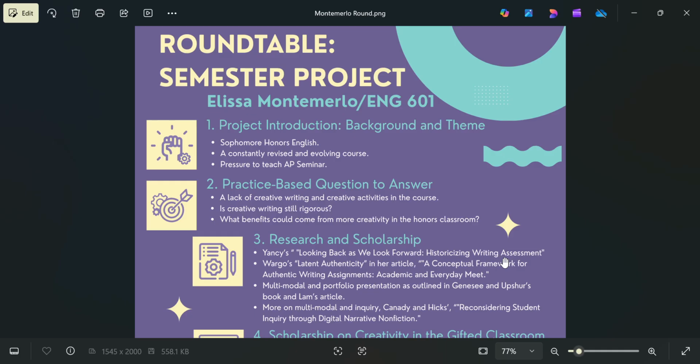When I think of the practice-based question I'd like to address for my final project in this course, I'd like to implement a writing activity, project, or assignment that asks my students to be more creative. I still want there to be sophomore honors level rigor, and I want to honor the core of the course, which is an in-depth study of literature. This is not to suggest that creative writing is not rigorous. I believe it very much is. In fact, I think it is harder and more rigorous than much of the formulaic writing we do with our students, such as the argumentative essay I spoke of earlier.